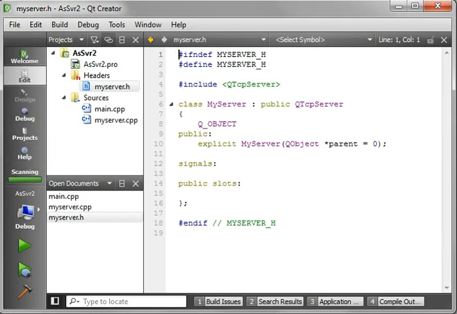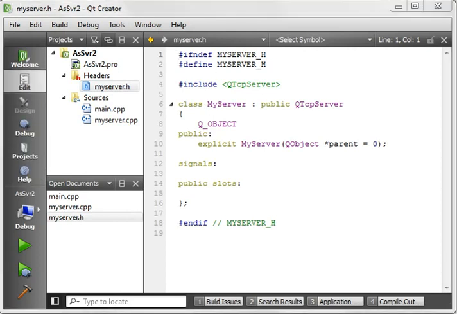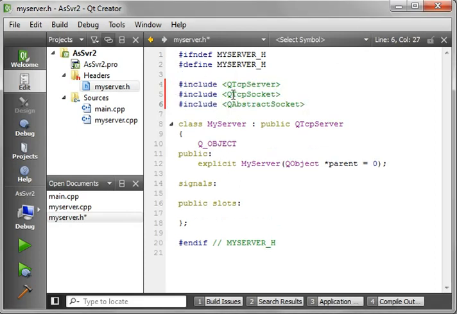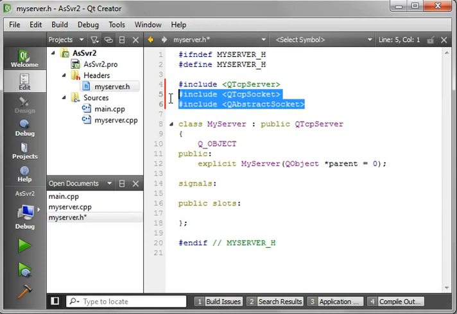So first thing we need to do is add in some includes. And includes take me a while, so I'm just going to copy and paste. We're going to add in QTcpServer because we need it, QTcpSocket, and QAbstractSocket. We're doing those for the signals and slot mechanisms. Alright, now we want our